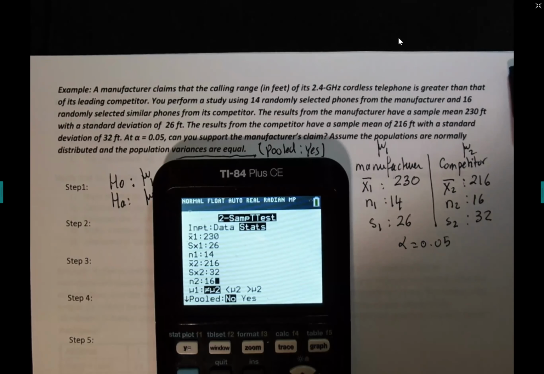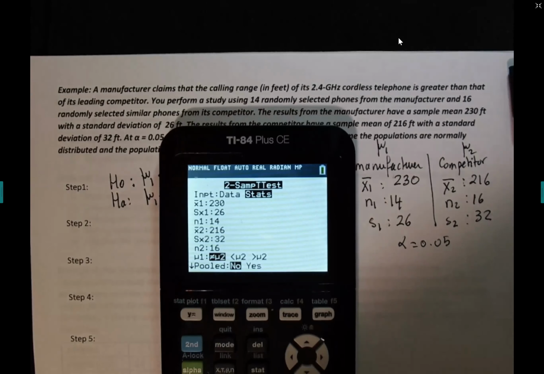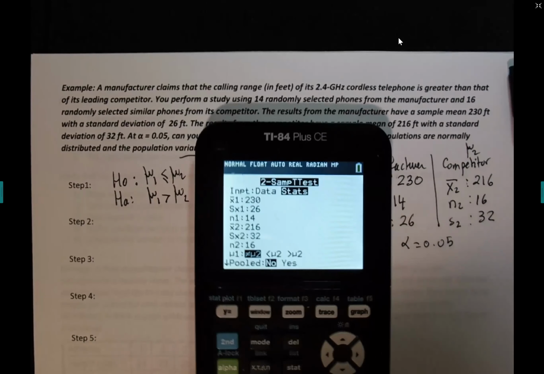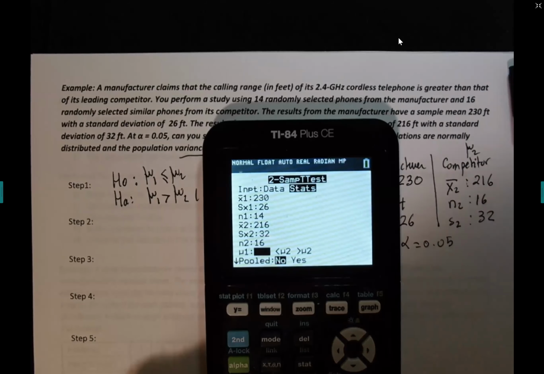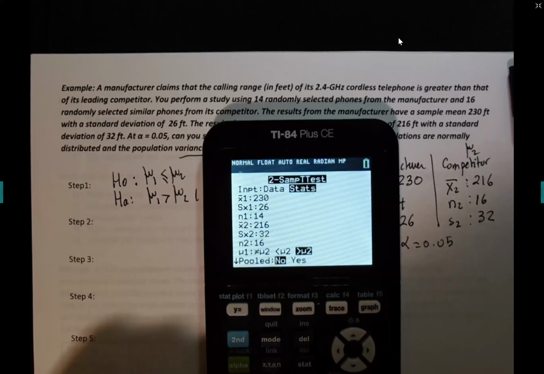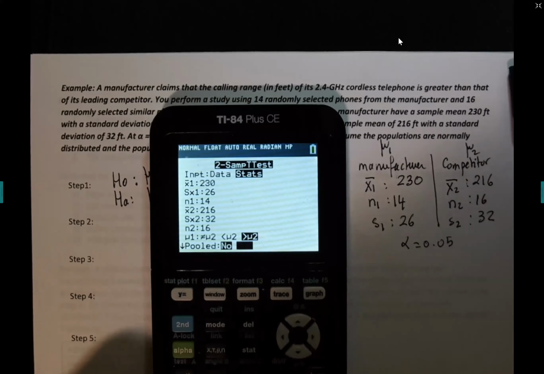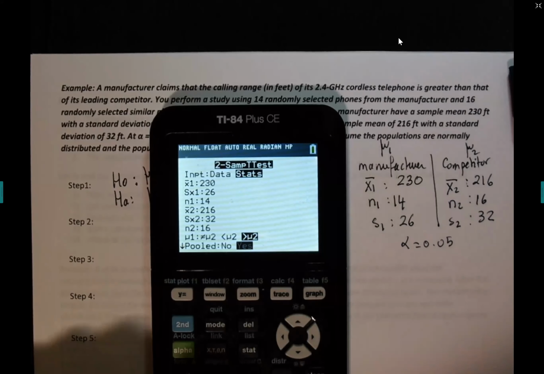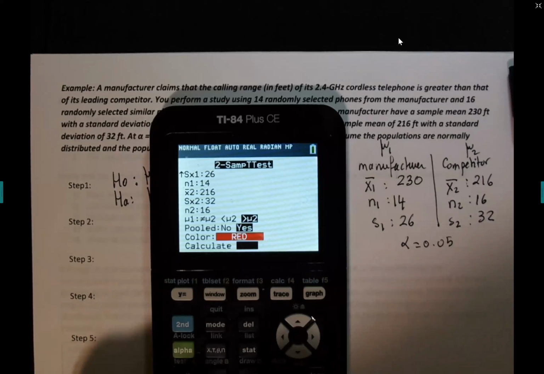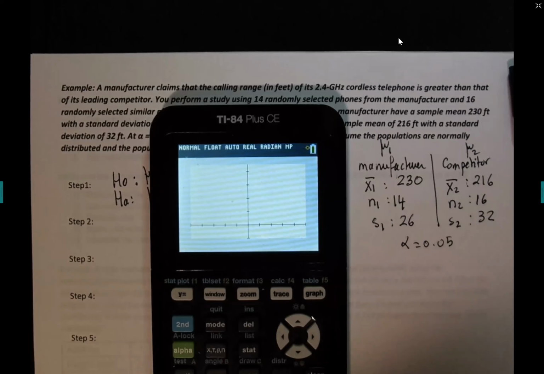N2 is 16. And we need the alternative hypothesis, guys, which is greater than. Make sure to select it properly. And pooled is yes, because he says population variances are equal. Assume. It's an assumption. That's an equal. And yes. And then if you want to do a draw, you're going to see the p-value on the right now. It's faster if you don't do that, but